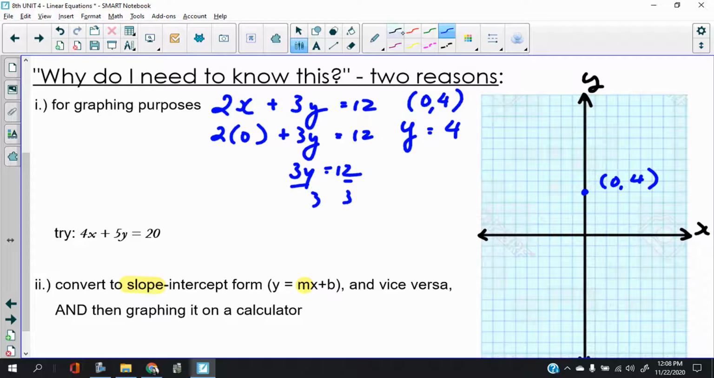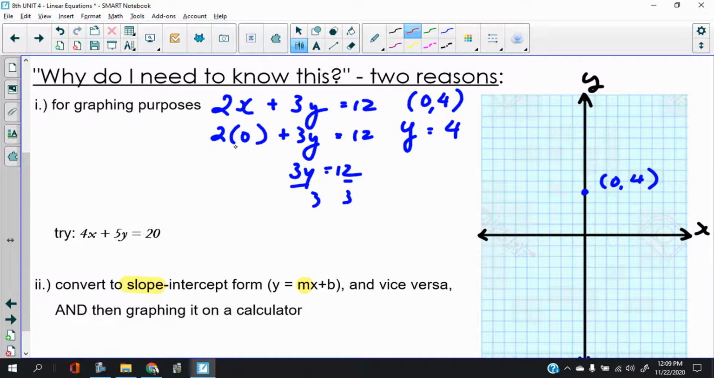Now, on the other hand, let me use a different color. I'll use red, okay? Because you've got to remember, what's the minimum number of points you need in order to draw a straight line? Yeah, you need 2, right? So think about this. How are we going to get this other point? Yeah, just find the